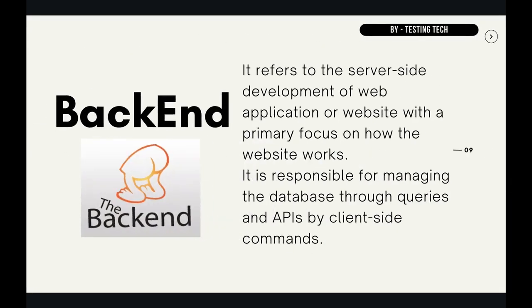Now, let's discuss backend development. So, what is backend development? Backend development refers to the server-side development. It is the term used for the behind-the-scenes activities that happen when performing any actions on a website. It can be logging into your account or purchasing a watch from an online store. Backend developers focus on database, scripting, and the architecture of websites. Code written by backend developers helps to communicate the database information to the browser.